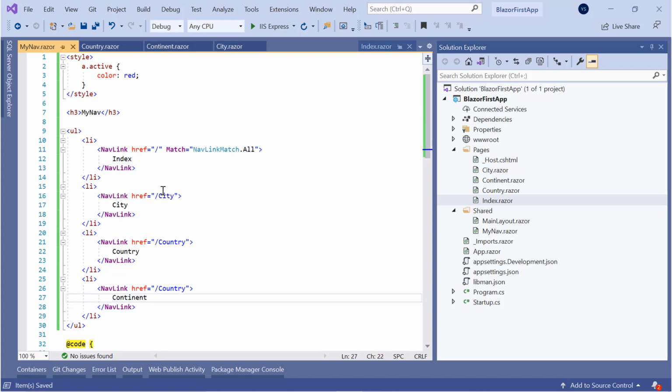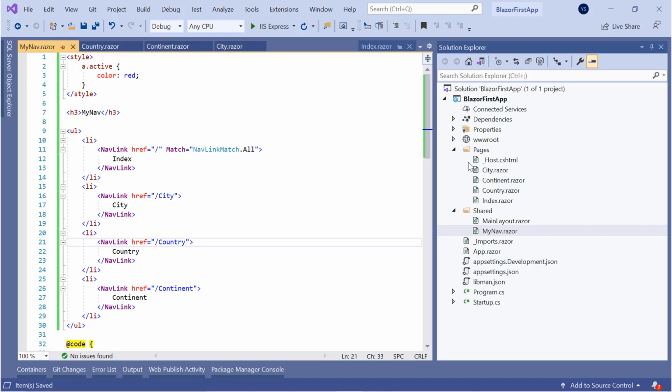So 4 links are created with the NavLink component. It should not be country but continent, and this link will go and open this continent.razor component.